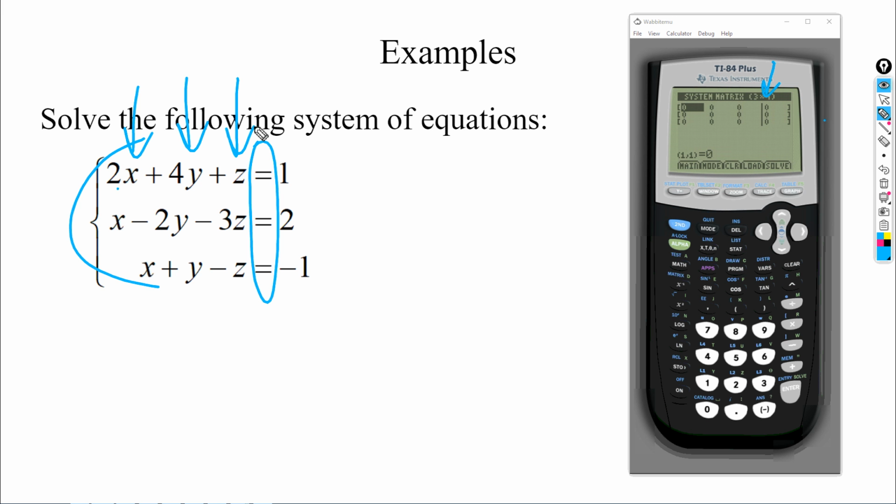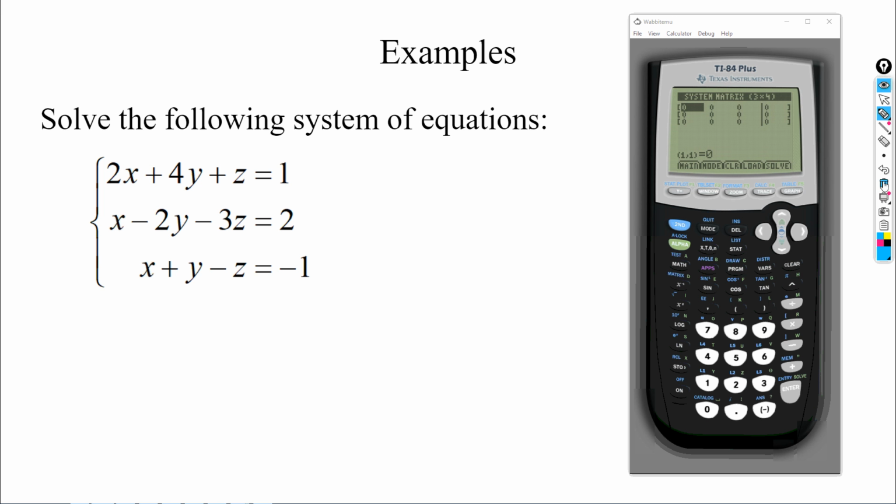And that's true for the next one: x term, y term, z term, and then x term, y term, and z term. Like before, we won't be using any variables in our application. We are just putting in the coefficients to the left of that vertical line, 3 coefficients for each equation, and then